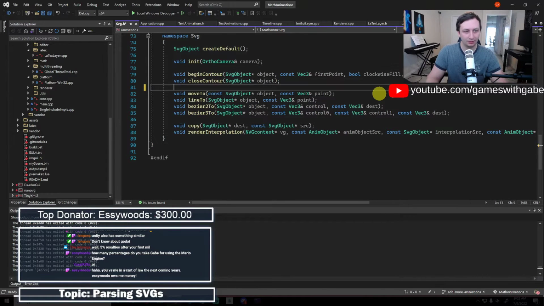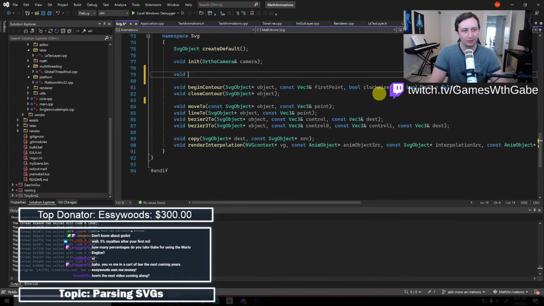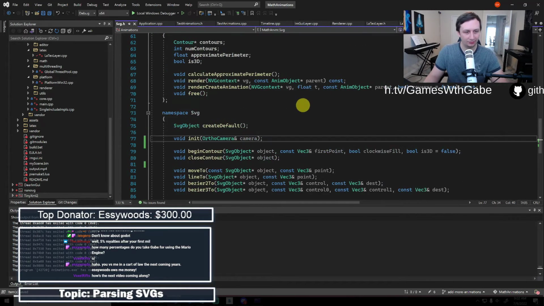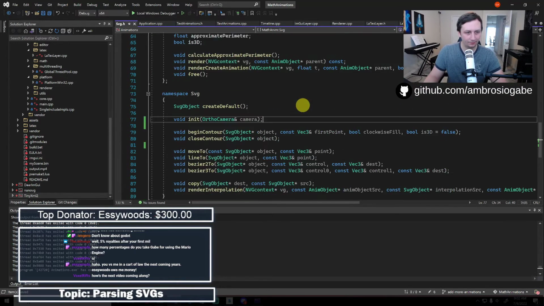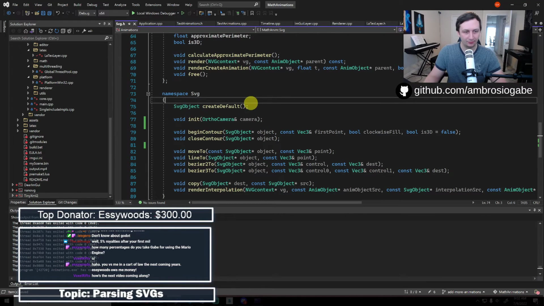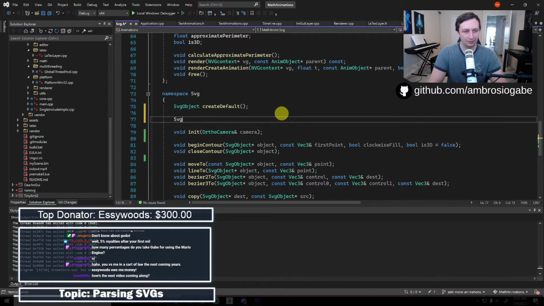So what I'm going to do is we'll just have like a void... trying to think of how I want to do this. So this is create default. I guess what we can do is we can just say SVG object from SVG text.